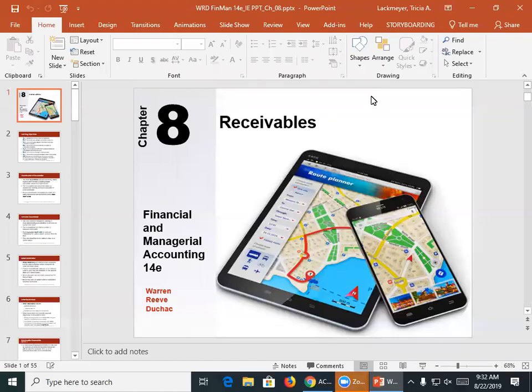So today we are going to start chapter 8, which is all about receivables. A little bit of it at the beginning is a review because we dealt with accounts receivable in college accounting. So we're going to talk about, kind of a refresher, what receivables are. But then in this chapter, the bulk of it is really dealing with, as you probably learned in your little adaptive study plan, what happens when people don't pay. So it's just going a little more in depth. And then we're also going to cover notes receivables, which we didn't really deal with at all in college accounting